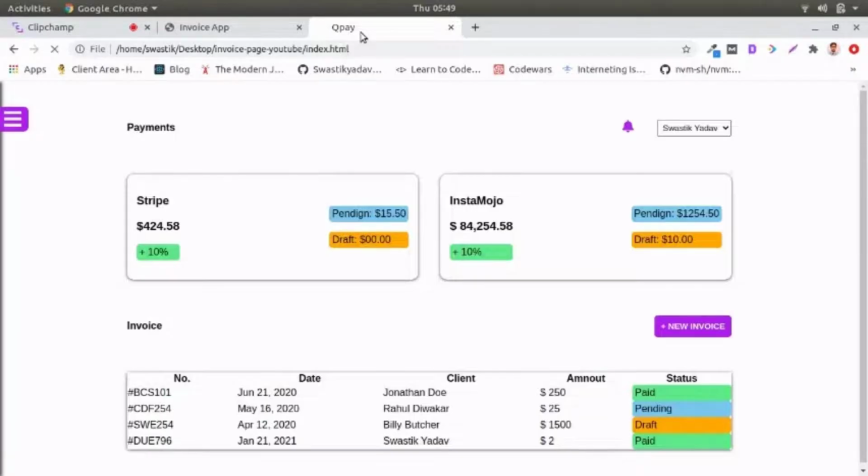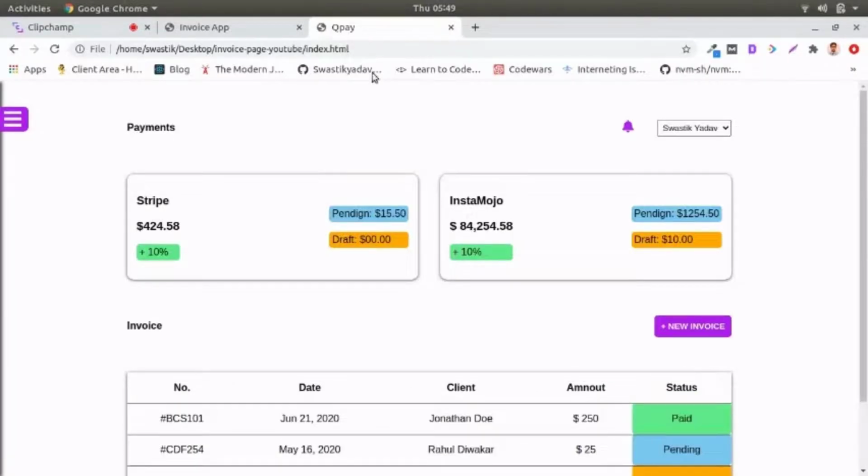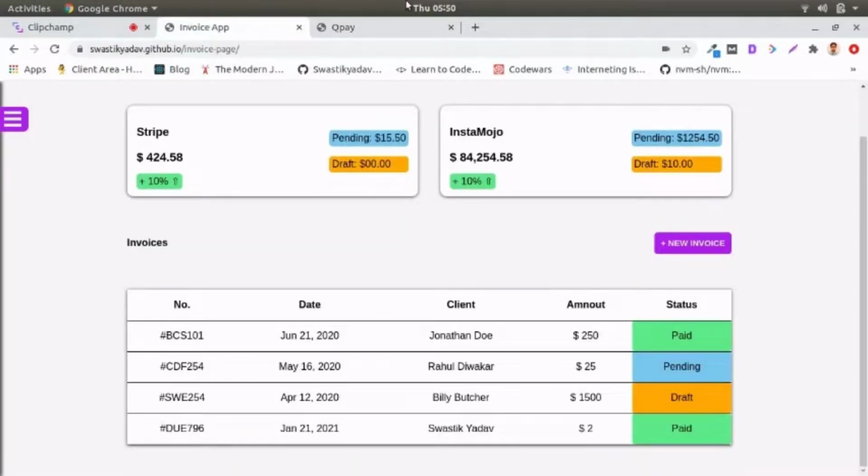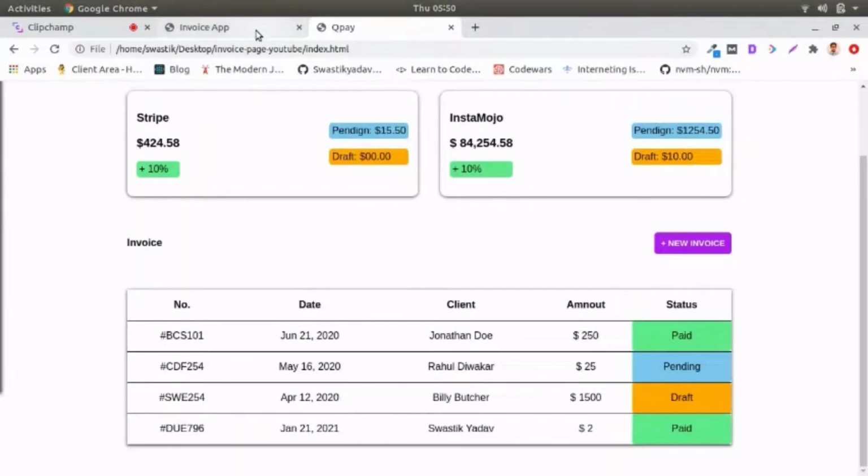Boom, there we have it. So border bottom means every row has a bottom border. And that's what we have exactly over here, the exact same table.